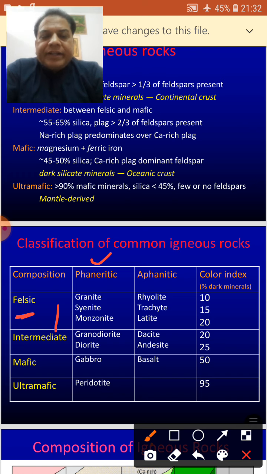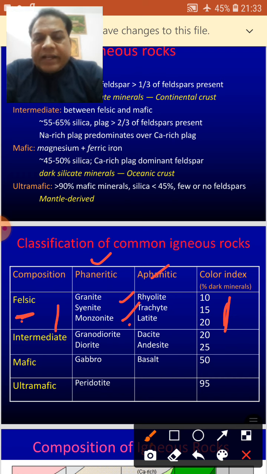When aphanitic, meaning the grains cannot be seen with the naked eye, but felsic in composition, the rock is rhyolite, maybe trachyte, maybe latite. The color index, the percent of dark minerals, will naturally be below 20% overall.